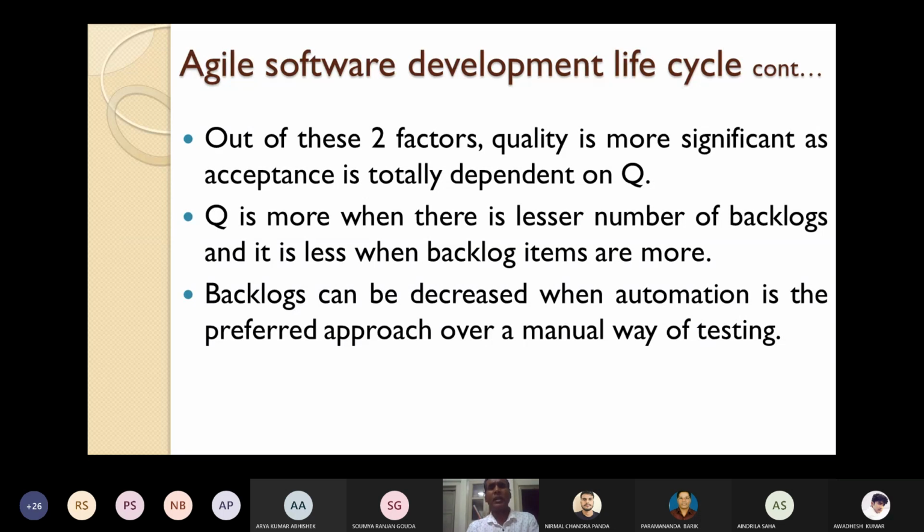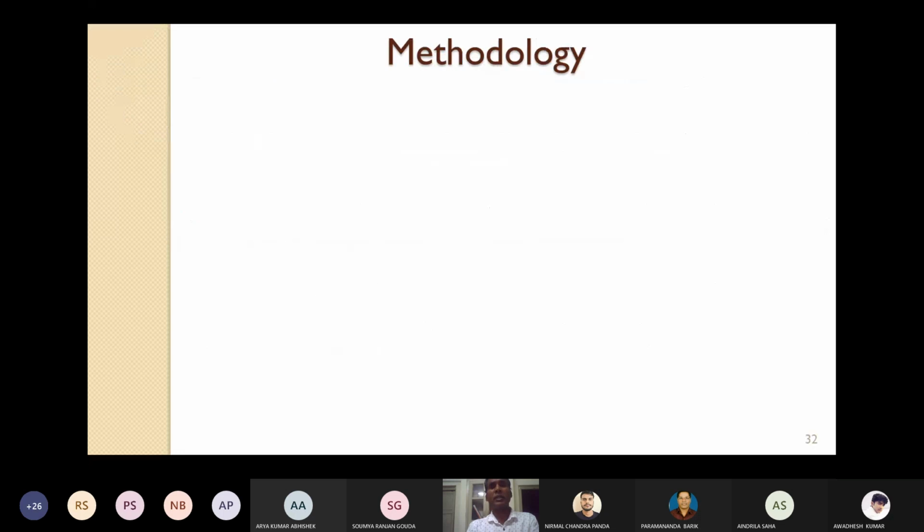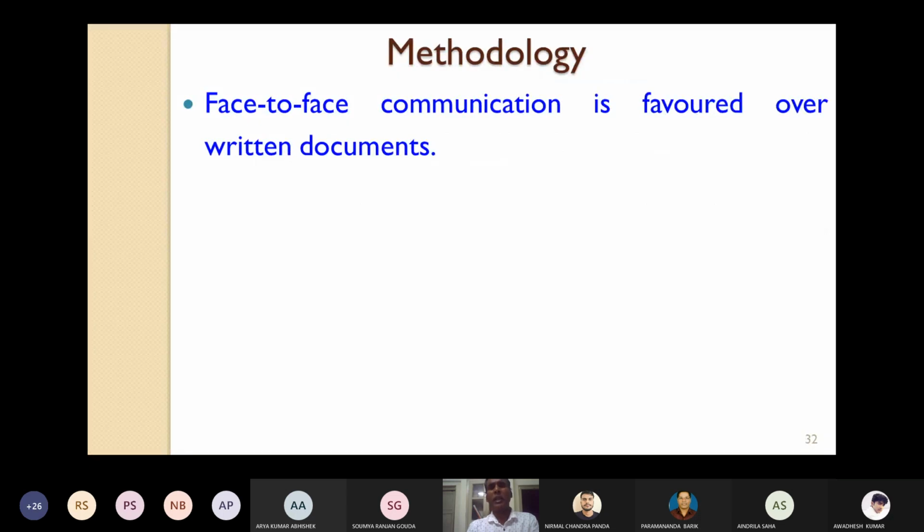Now let's see, one of the methodologies I have told you is that in Agile, you have to make efficient communication. Efficient communication can be achieved through face-to-face communication, that I have already told you. So face-to-face communication is favored in Agile methodology over written documents. Don't write so many things. Documentation is given very little importance here.